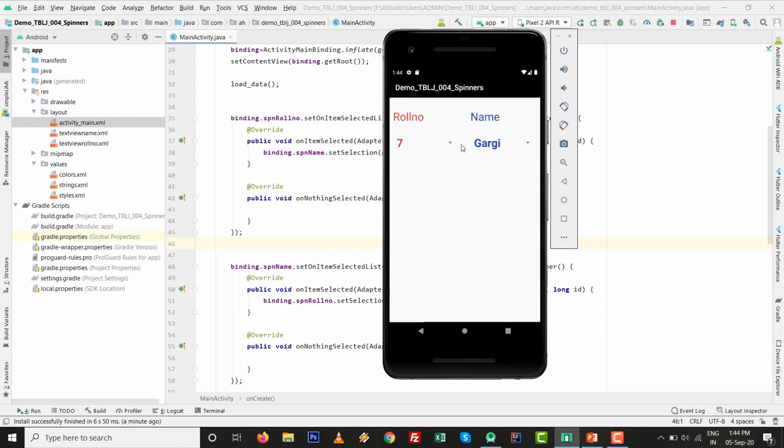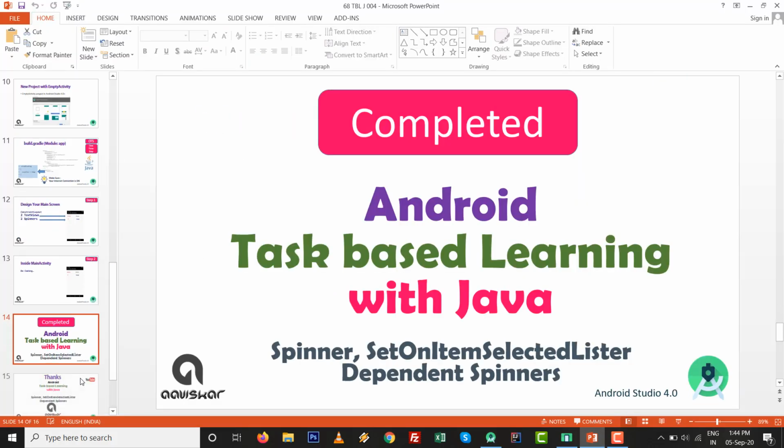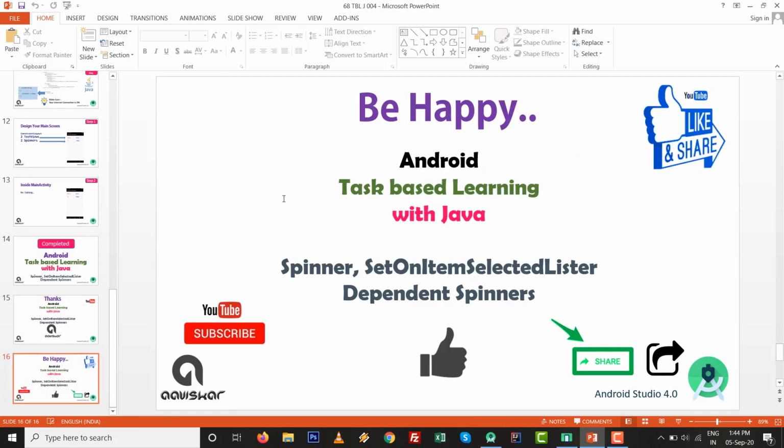Many times we can use these types of practicals, but it is only for boosting the knowledge you have regarding the spinner, a simple exercise to boost our skill for Android development. So we completed the Android task-based learning with Java. It's a typical dependent spinner, or rather a different type of dependent spinner, with setOnItemSelectedListener and dependent spinners.